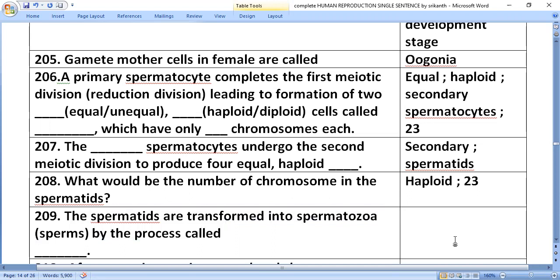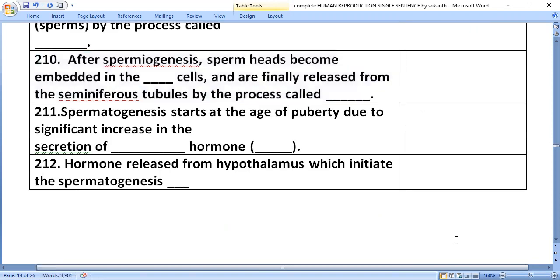Next, the spermatids are transformed into spermatozoa by the process called spermiogenesis. After spermiogenesis, sperm heads become embedded in Sertoli cells and are finally released from the seminiferous tubule by the process called spermiation. Spermatogenesis starts at the age of puberty due to a significant increase in the secretion of